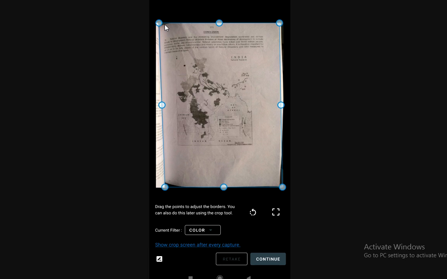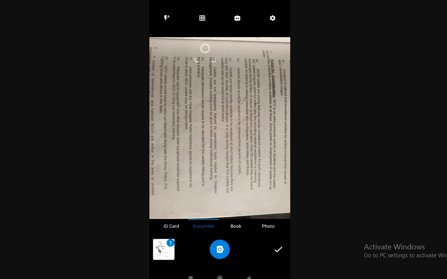Just select the portion of the answer sheet you want to send to the teacher. The filter option, I'll suggest you to keep it as color over there. There are certain other options, but I'll suggest you to move on with the same color option. Click on continue. When you click on continue, see, it will again go back to that camera app so that you can take the second picture of the